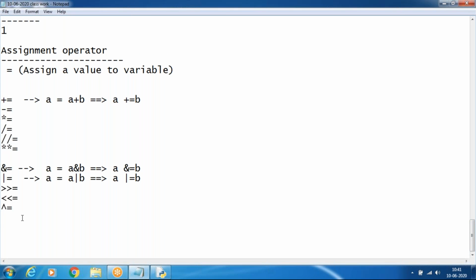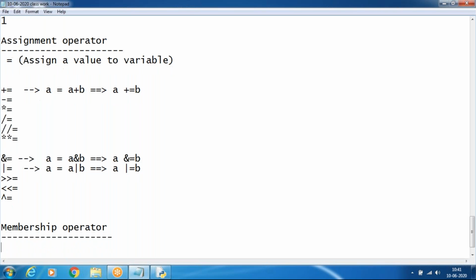One more operator is the membership operator. What is the membership operator, and why do we use it?